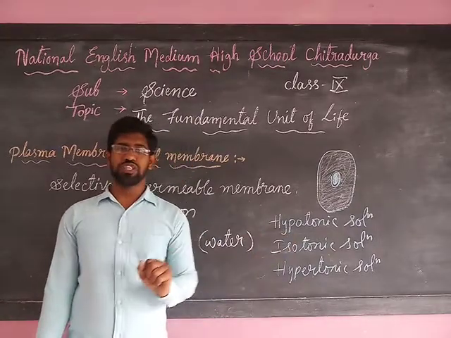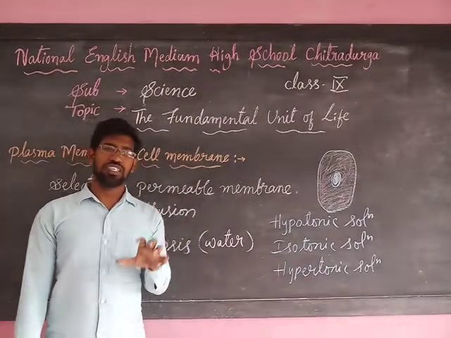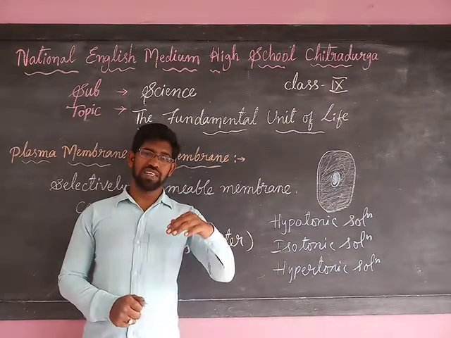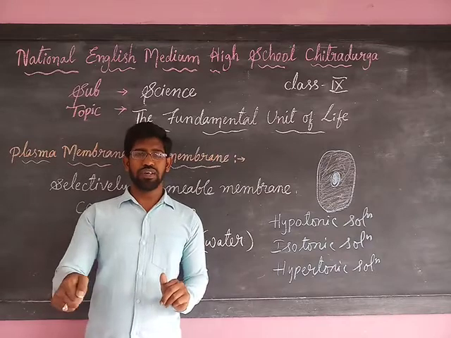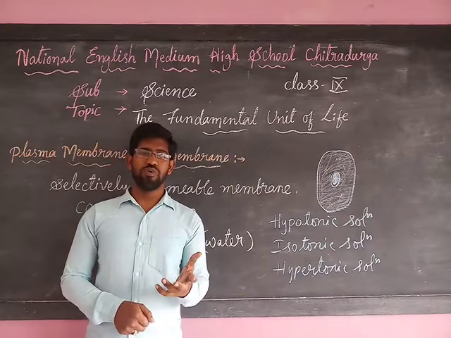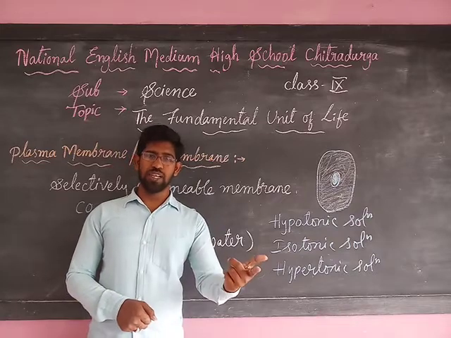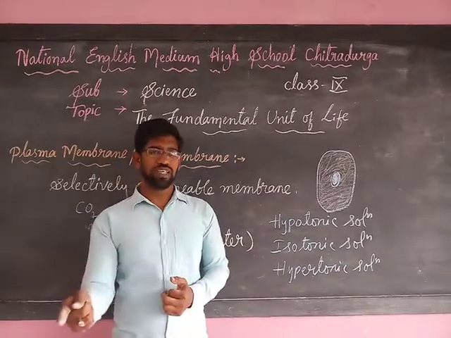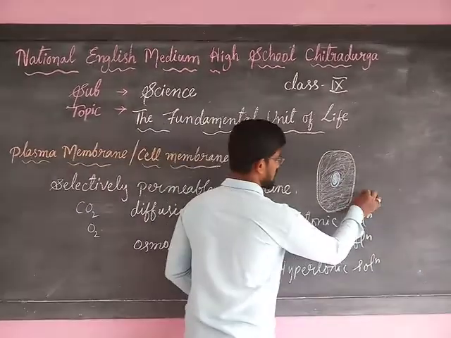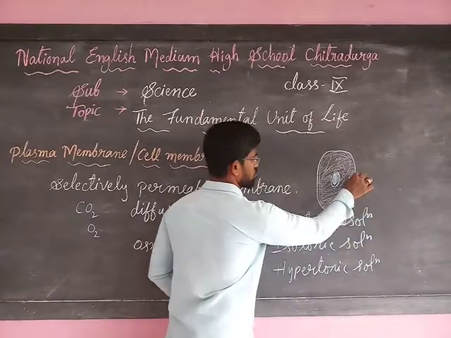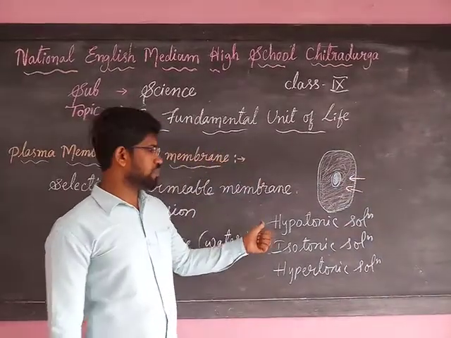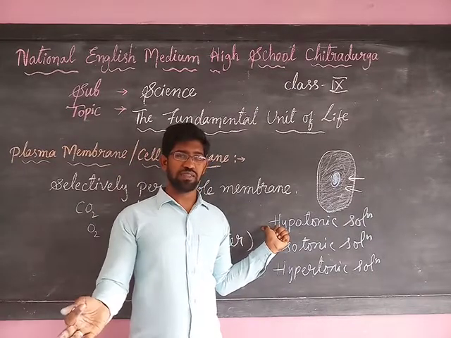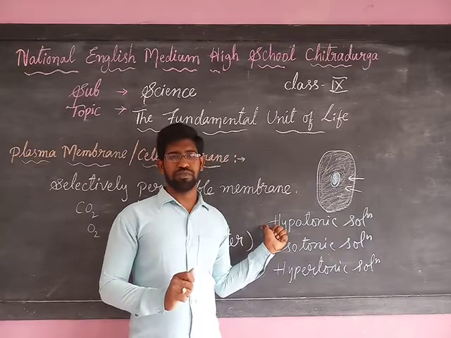What is hypotonic solution? If the water concentration is high outside the cell body. Remember, within the cell body there is very little concentration, and outside the cell body there is a high concentration. So when the concentration is high outside the cell body, what happens inside? The movement of water from outside the body to the inside of the cell will take place. Understand? So such a type of solution is called hypotonic solution. Outside is maximum, inside is minimum. Got it, all of you?